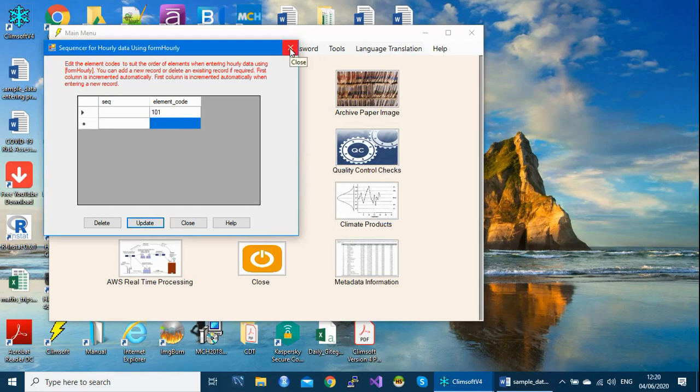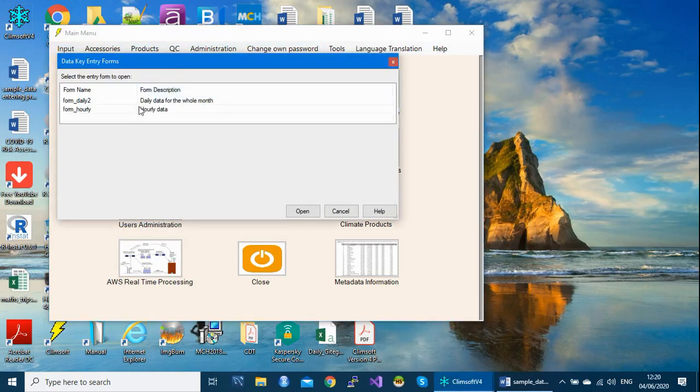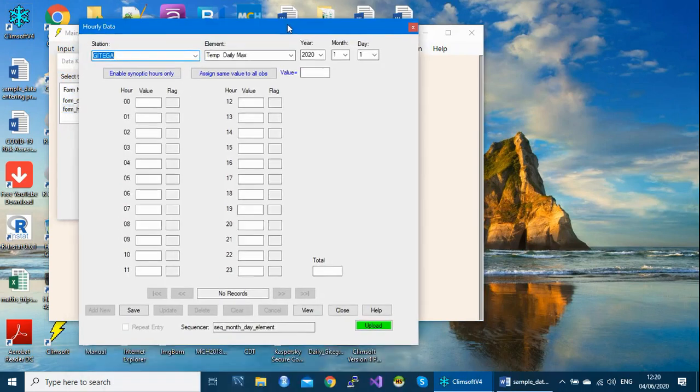So that means here you are going to enter hourly data for element 101, dry bulb temperature. Then you come back to the data entry forms and the hourly data. By default it will show this one, but say you want 01, this one is for dry bulb temperature.